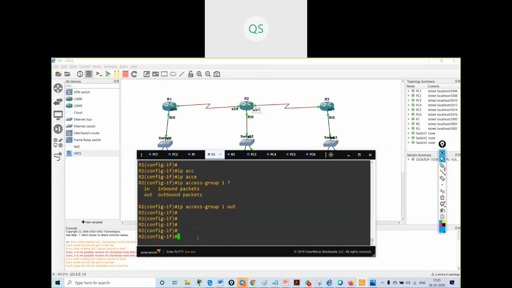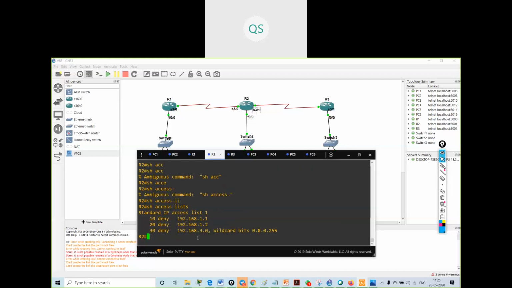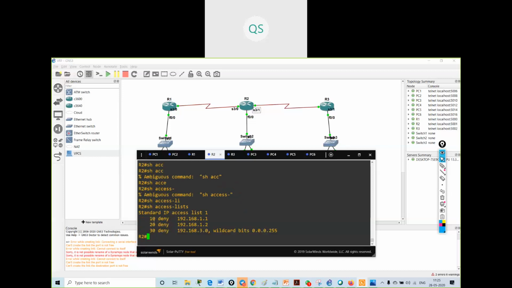Okay, so if I give show access-list, see, I have given three commands. The first one is 1.1 should be denied, 1.2 should be denied, and the 3 network should be denied.